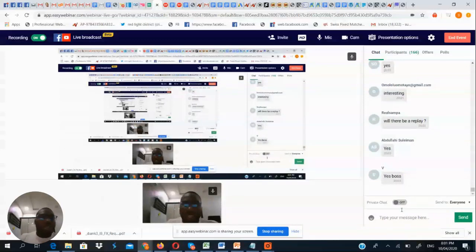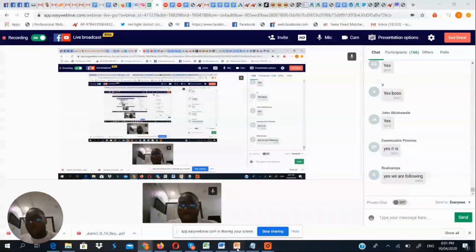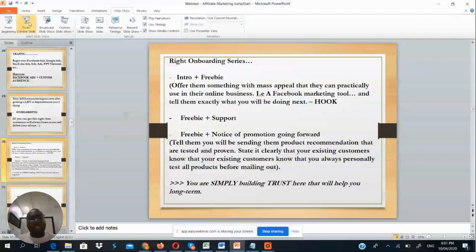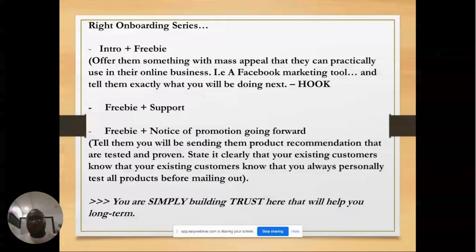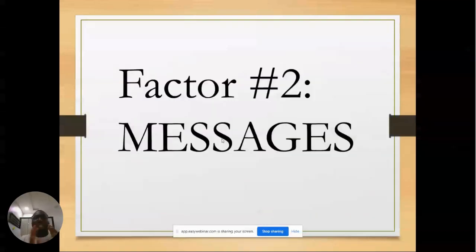Good. Okay, so you need to understand onboarding is very important, and the essence of onboarding is to establish the impression. Your subscribers need to know that you really do care about them. Okay, so the essence of onboarding is to build trust for long-term benefit. So let's jump into factor number two,